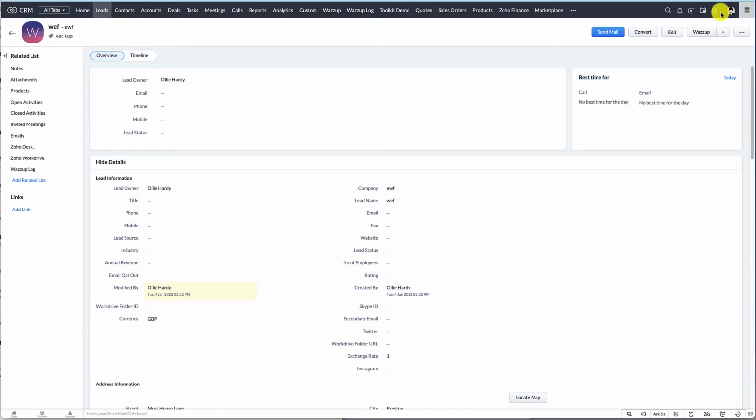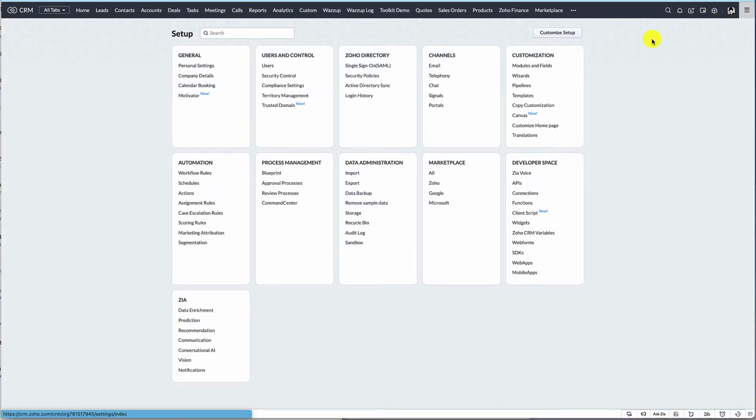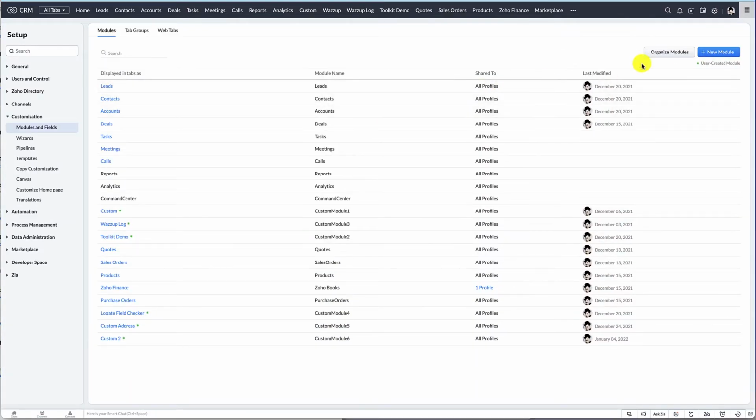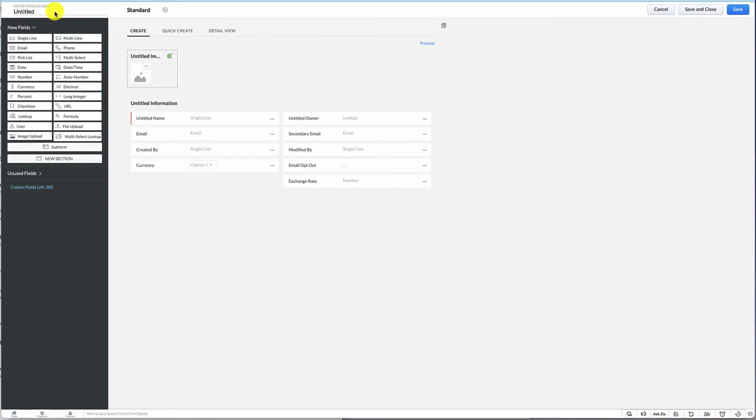So let's get started. Go to the setup screen at the top right and click on modules and fields, and the first thing we're going to do is set up a new custom module. So click on New Module, and in here we're going to give it a custom name,